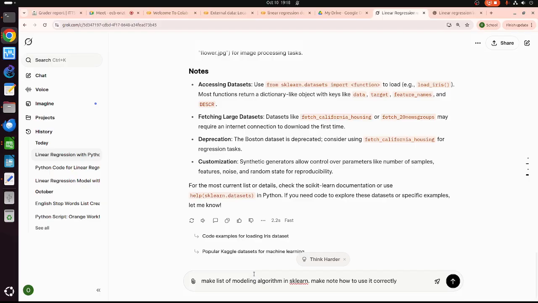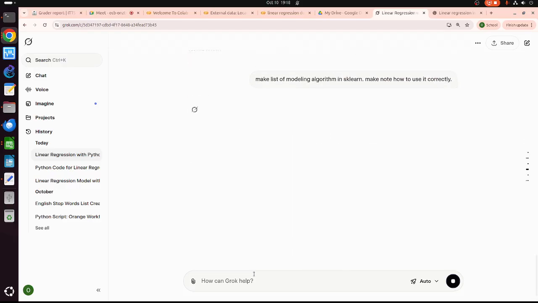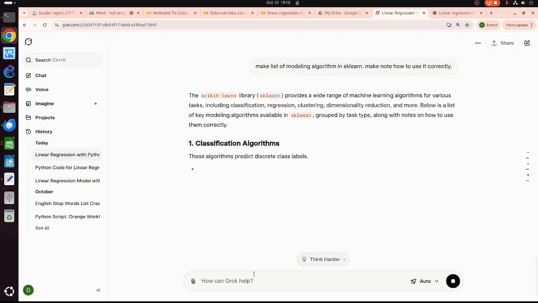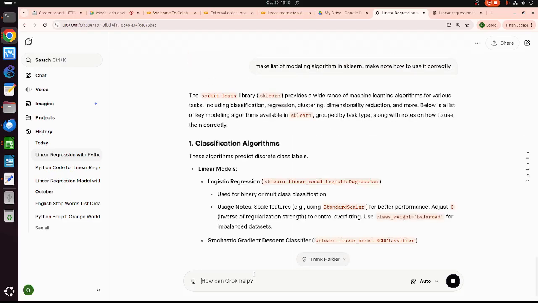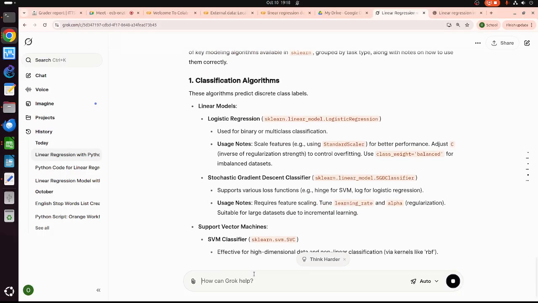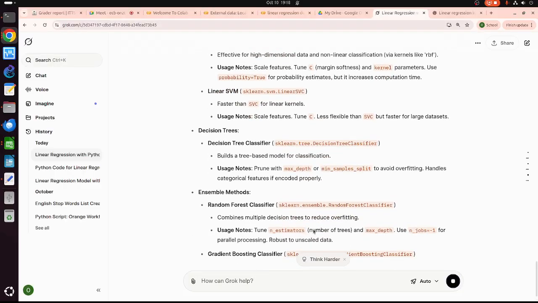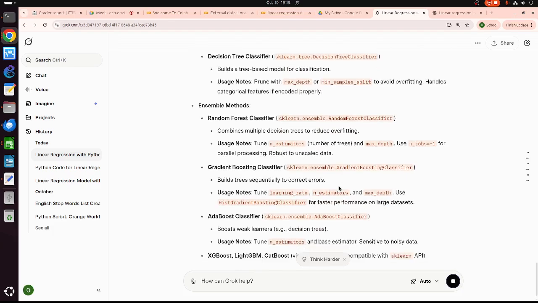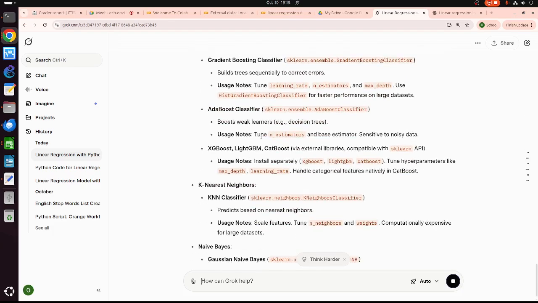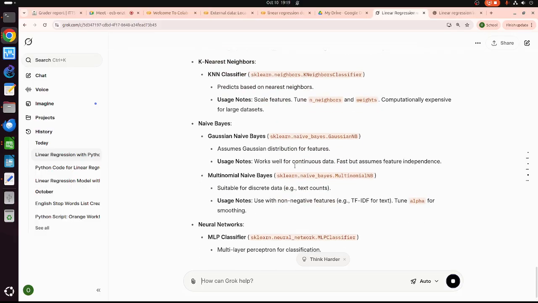Yes, there are several modeling algorithms, and not all can be used on certain data; different data needs different algorithms. So see this, we have so many algorithms. It also tells how to use it correctly.